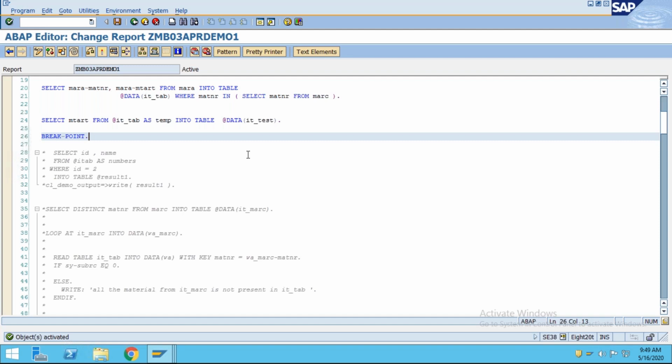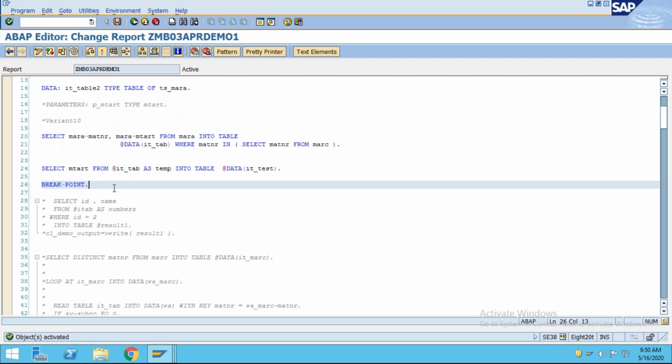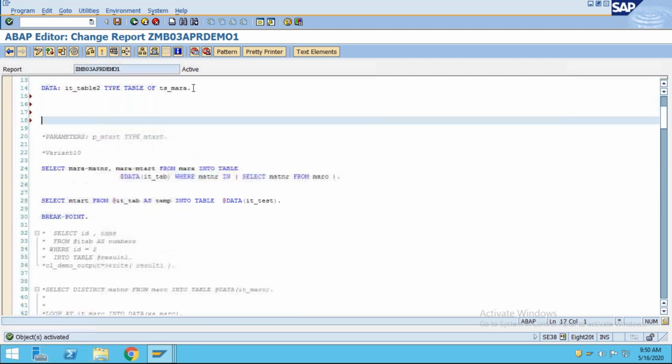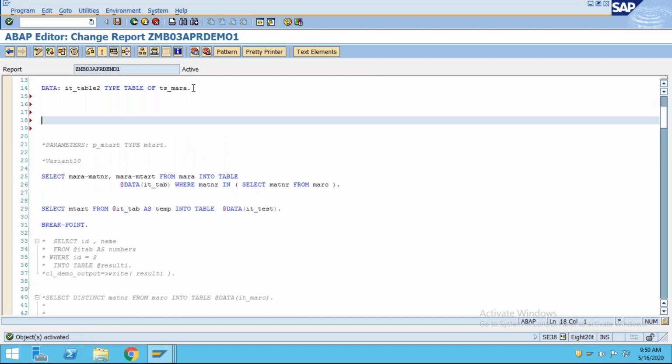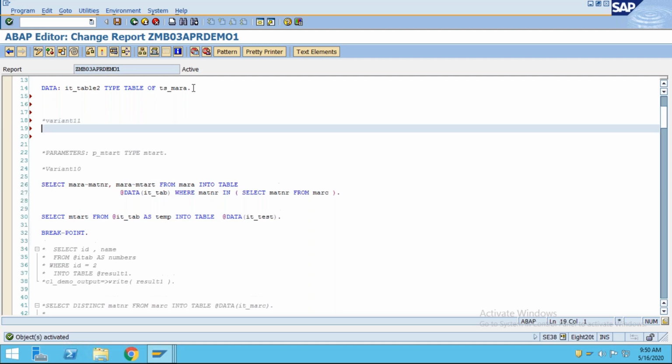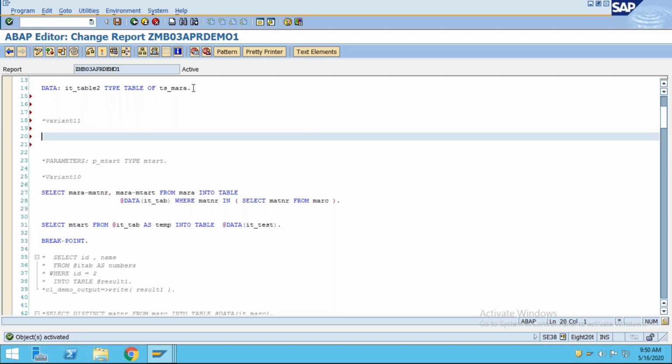Okay, we are going to do some more. Suppose you have to do an existence check. Directly on the select query itself you can check the existence. Earlier, for checking the existence, we used to put the select query.